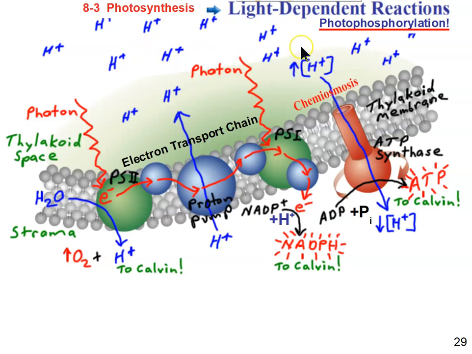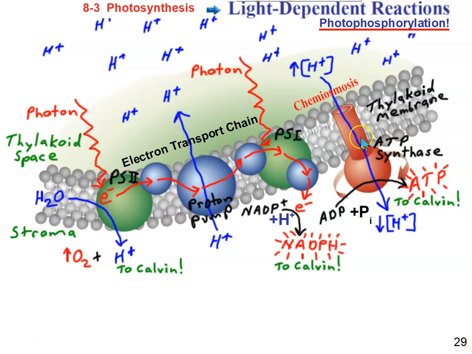So there's a very strong concentration gradient for hydrogen ions, for protons: high concentration in the thylakoid space, low concentration in the stroma. So those protons want to, so to speak, diffuse across the thylakoid membrane. However, they can't go through the thylakoid membrane itself, the phospholipid bilayer, because of their positive charge. So the only way they're allowed to go through is through this special protein, and it is a very special protein